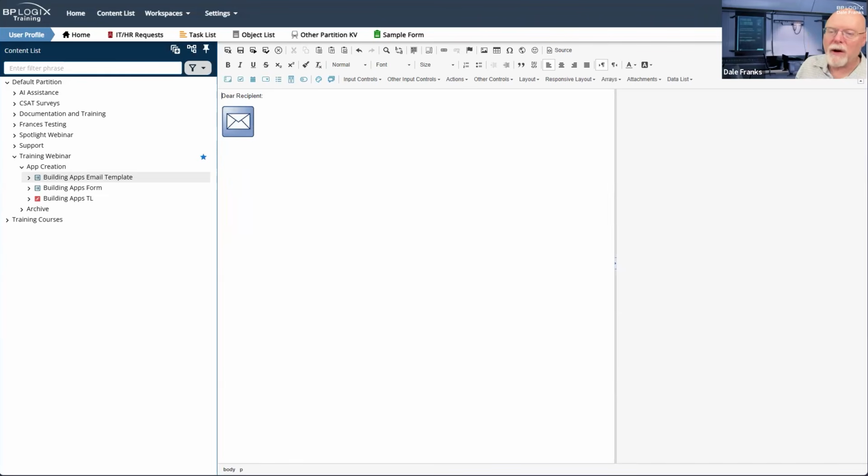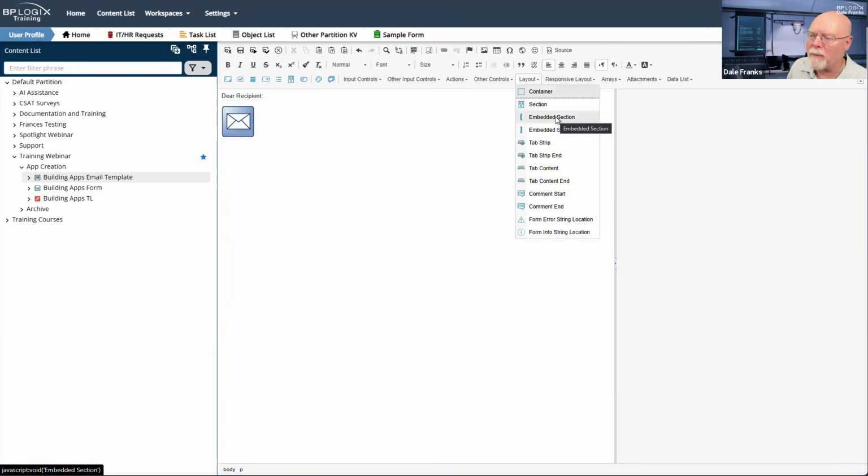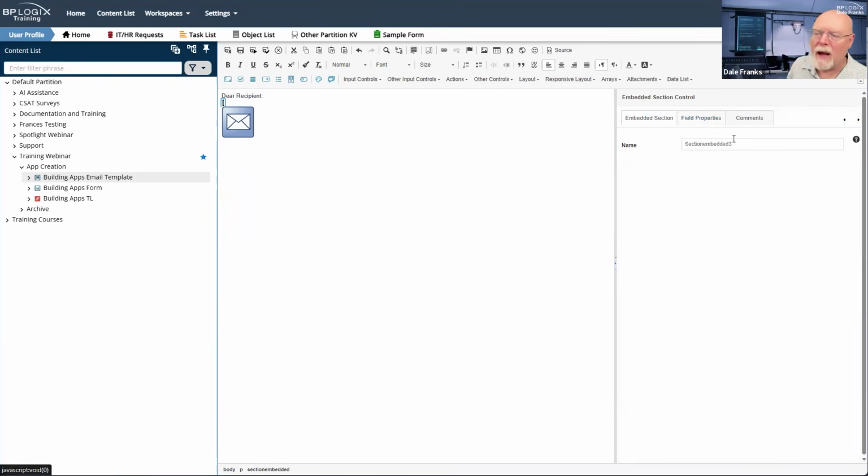So let's put in our first embedded section. The first thing we are going to do is our normal task notification that will go to our supervisor approval and manager approval participants. So I'm just going to go to layout. I'm going to grab the embedded section, and I am going to call this approver section.